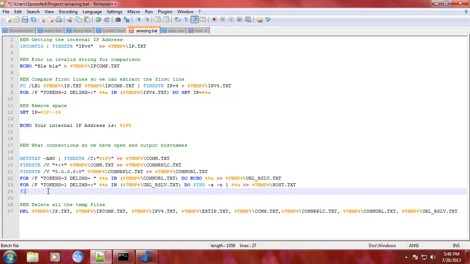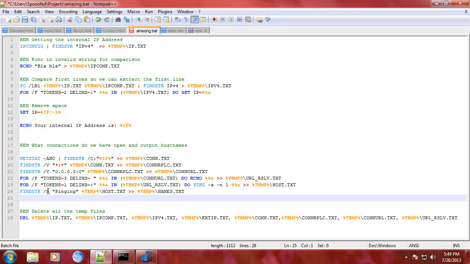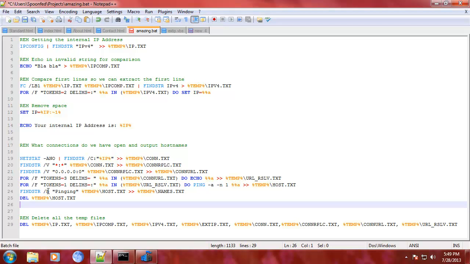So I'm gonna write another find string. We'll say at the beginning it needs to say pinging, and it is the file host.txt, and I'll put that one into temp.names.txt, and we're gonna delete the host file now. And the reason why is because I want to use that file again, basically, because we'll say for f